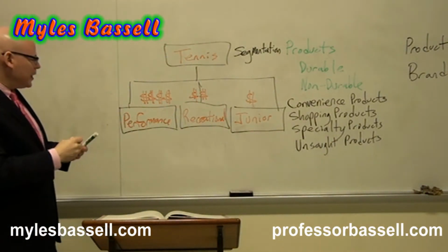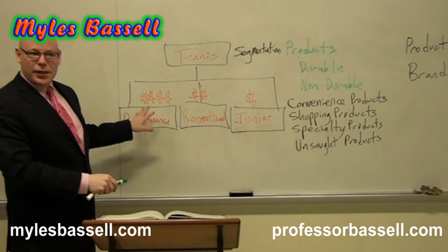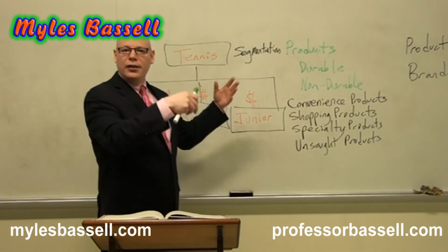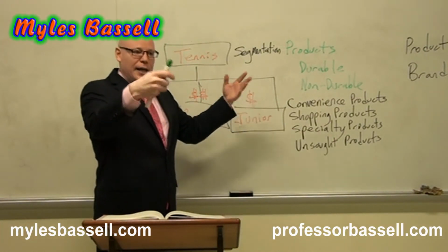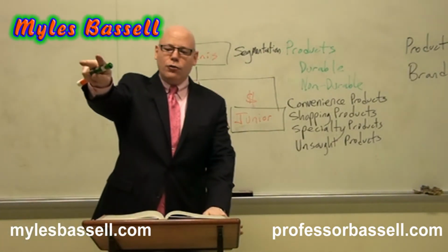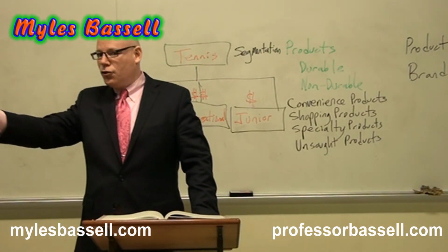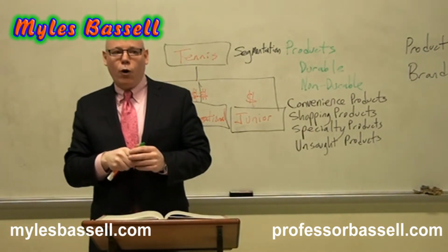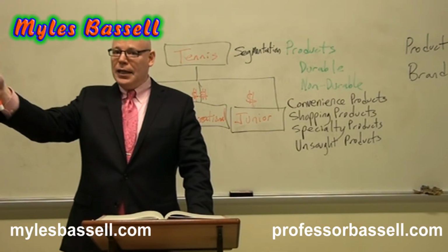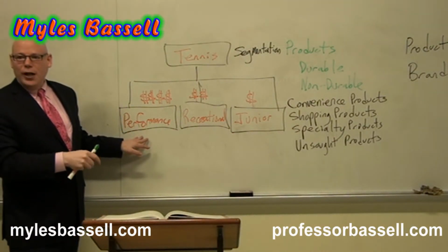So the level of skill is significant, and in terms of product, what Zach is saying is that this racket is going to be very expensive, and the rackets that they're going to sell, for example, to the junior segment are going to be inexpensive, certainly relative to what they charge for performance. And Jack also took us another step, which has to do with where you distribute the product. He said some products are distributed at Walmart, and Walmart is known as an everyday low price retailer, EDLP. But then Zach pointed out that these rackets you're not going to be able to buy there. Do you guys agree?